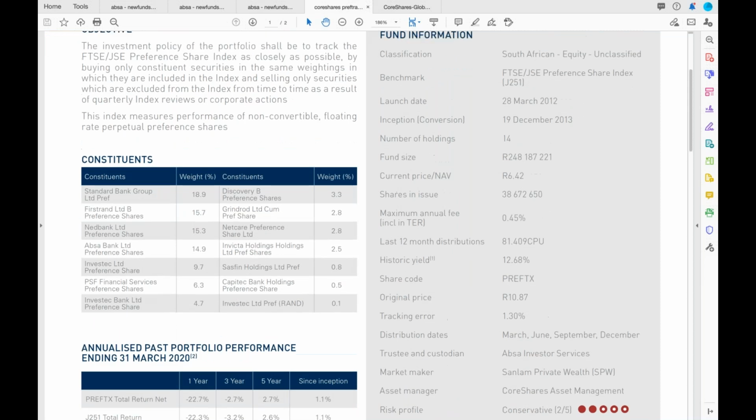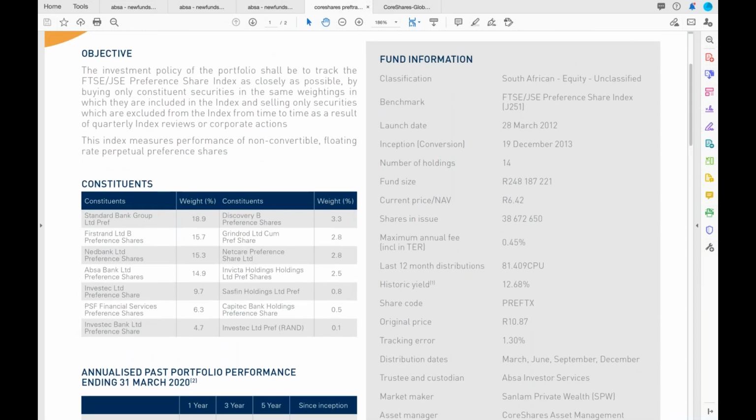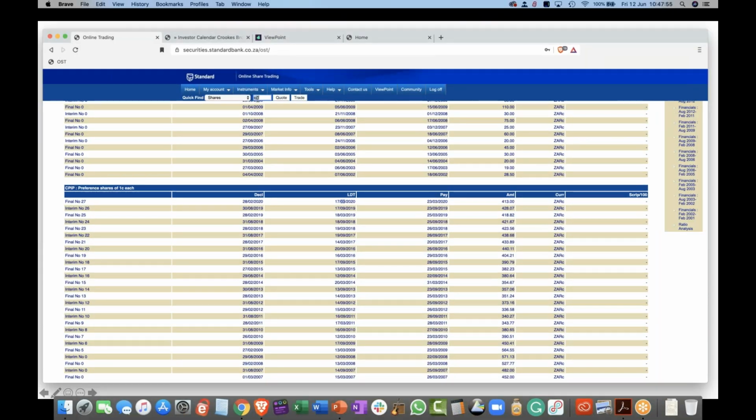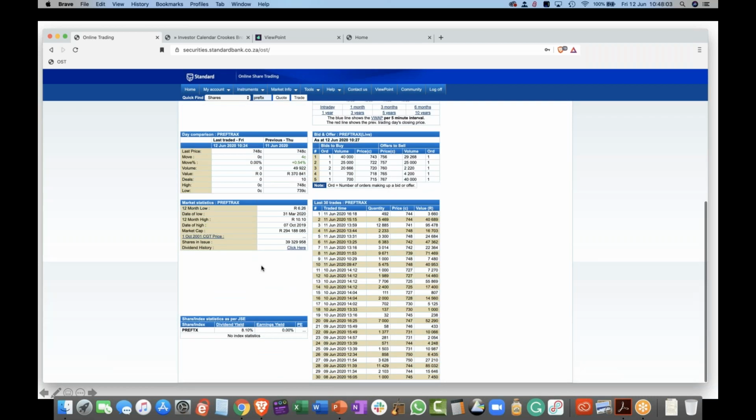So the pref shares, your yield is going to be a lot lower. Can we crunch it? Let's go see what the yield is sitting at the moment. We can kind of hack it to a degree. PREFTX is the code. Yield down there is 8.1. That is after dividend tax. Remember, this pays a dividend. The attraction, particularly of the PREFTX, is that you pay